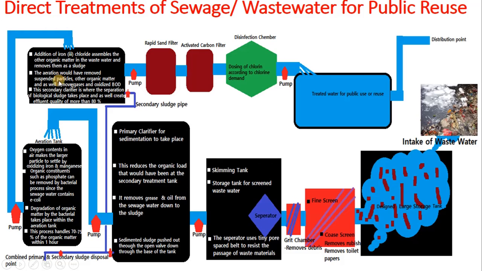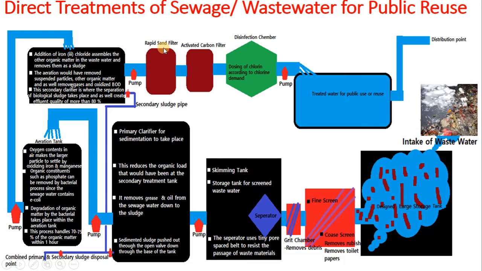At the end of the day, this tank will serve as a separation of biological sludge and as well create effluent quality of more than 80%. So within this secondary clarifier, it separates biological sludge as well, which will now flow through this way, come to this point, and be disposed here. That's why here we put combined primary and secondary sludge disposal points. After such is disposed here, the water will now flow